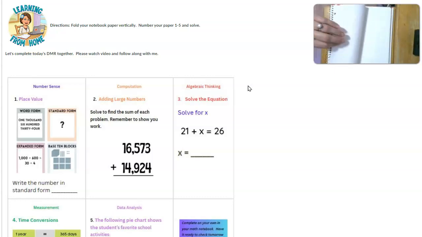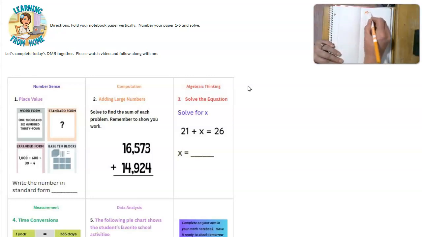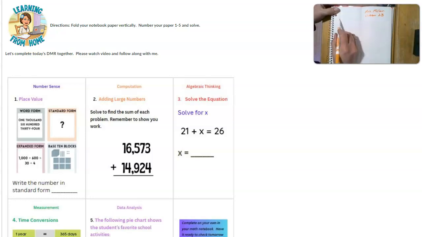So the first thing, if you're keeping your math DMRs in a math notebook, make sure you add your name as well as today's date. So the day you'll be completing this math DMR will be October 23rd. Number your paper from 1 to 5. And let's begin with number